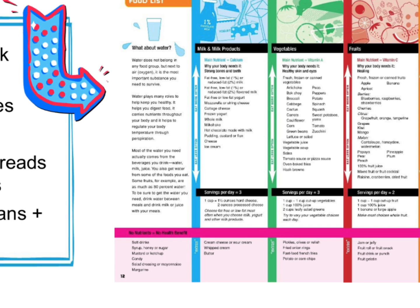You also get water from some of the foods you eat. Some fruits, for example, are as much as 80% water. To be sure to get the water you need, drink water between meals and drink milk or juice with your meals. And then down at the very bottom, it talks about